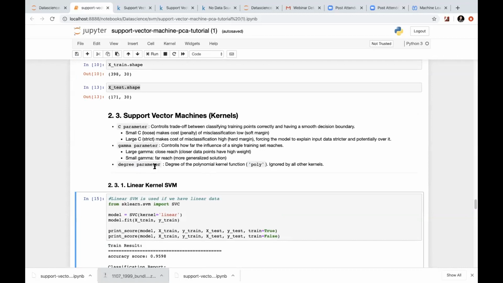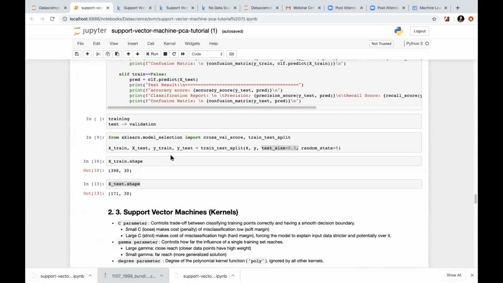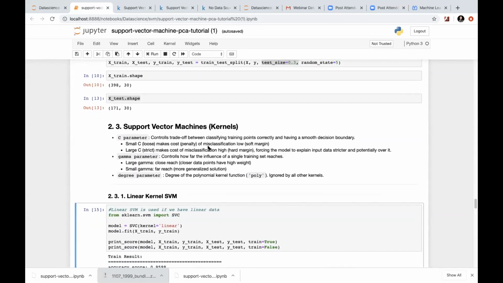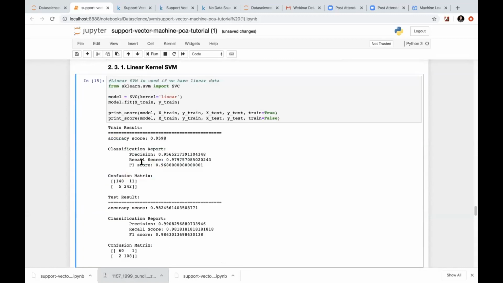If your degree is equal to 1, it will be in the 2-dimensional scale, with the whole thing, all the features. And if the degree is equal to 2, then again 3-dimensional scale, and degree equal to 3 again, and so on. This gamma, just now we have discussed this gamma thing.